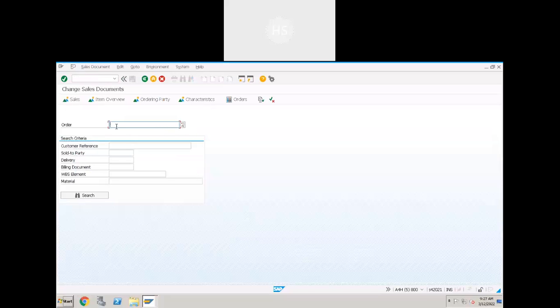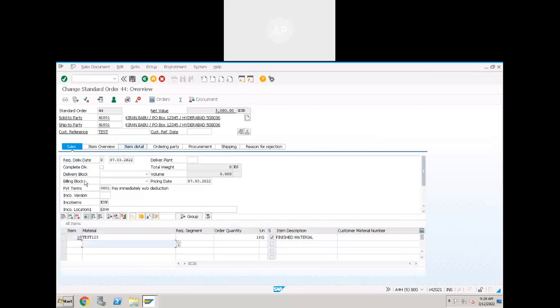What we need to do here? We need to enter the sales order number. We cannot go forward without entering anything. We have to enter the mandatory number, that is the sales order number, right? Double click, enter. Now we can see the sales order screen. If you want to change anything, you can change the order quantity, or the order price, everything. This is the order amount.